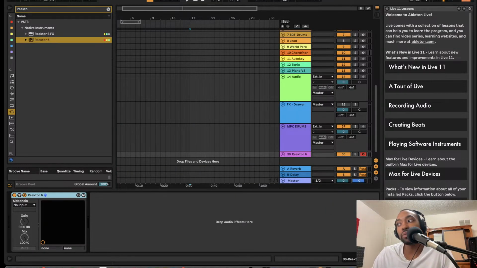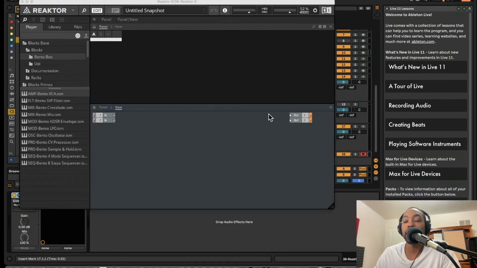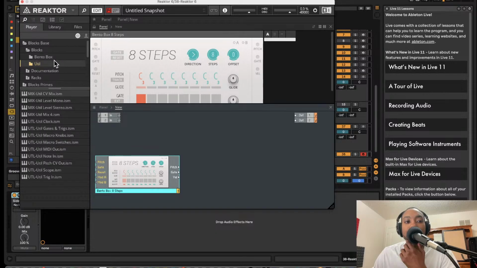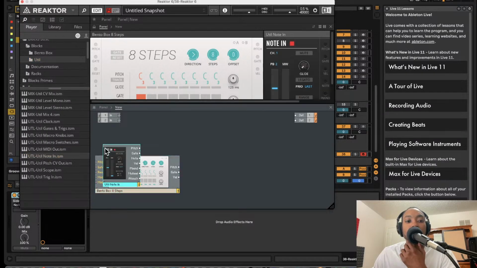When we start off, we're going to learn how to build this experimental glitchy percussion loop in Reaktor, and we're going to use a few modules such as a sequencer, maybe some modulators, and we'll build from there. So let's patch this together. The first thing I'm going to load in is an 8-step sequencer, just because I'm going to need that. The next thing I'm going to load in